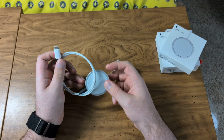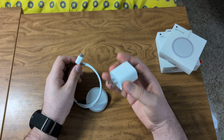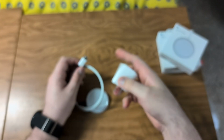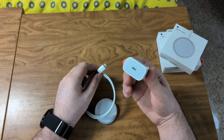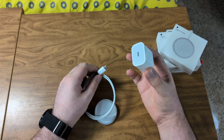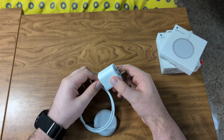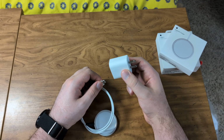Qi 2 also has the MagSafe batteries in it because Apple open sourced that. So that is why this is the 20 watt charger, because you need at least the 15 watts for this. So this was also the Apple charger at the time for your iPhone. So this is like the max the iPhone would have charged at no matter what. Anyway, so yeah, I can use this also to charge the I have a USB-C to Lightning for my